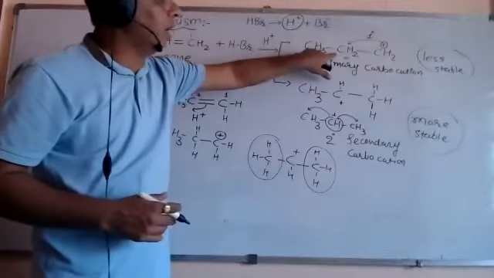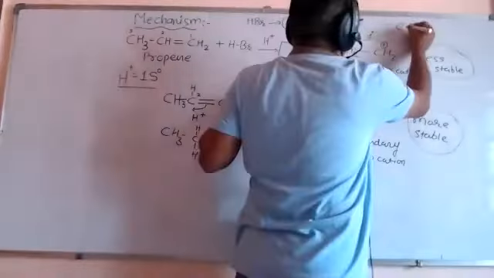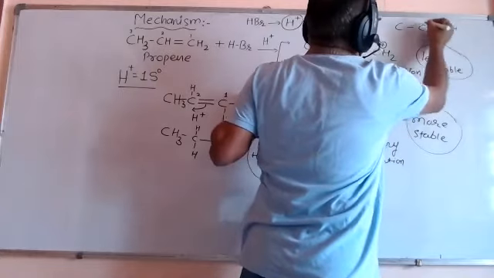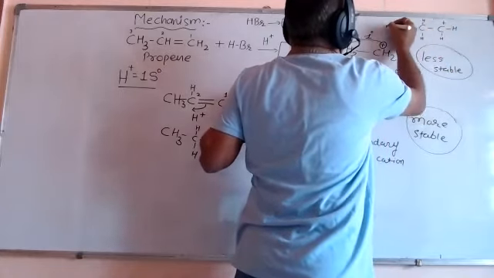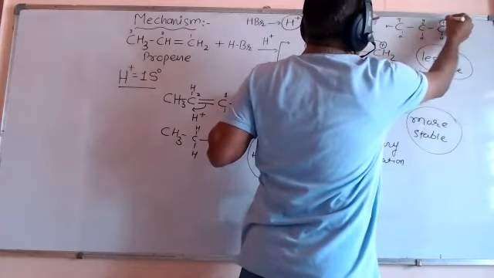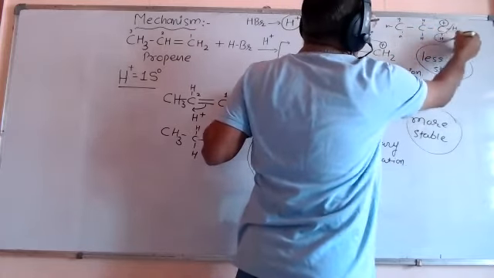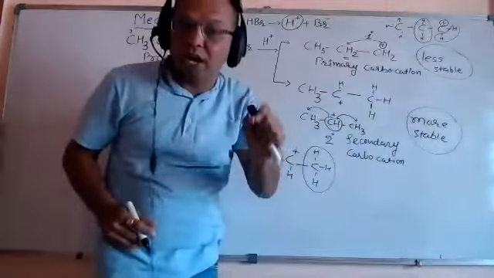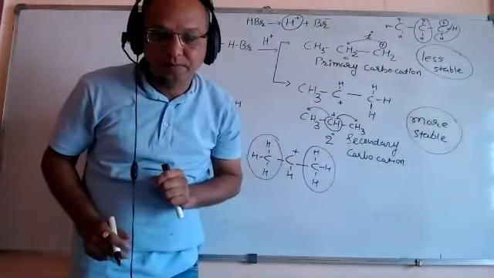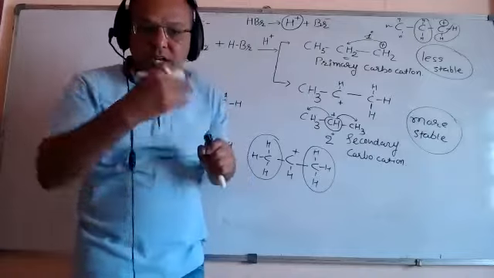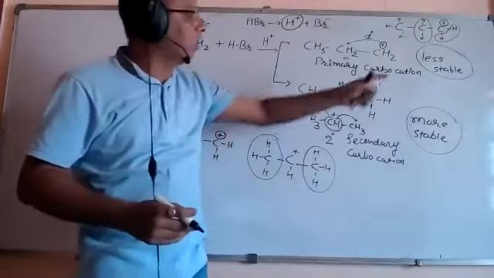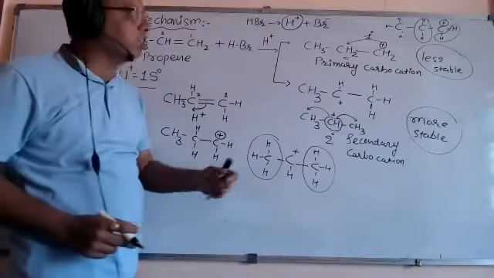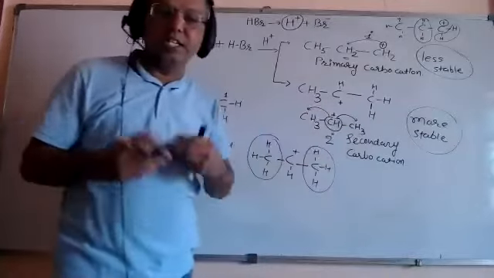You can see this is primary. Primary is 1 2 3. This is positive, hydrogen, hydrogen, hydrogen, and these are hydrogens. This carbocation here is covered by just two hydrogens, and here is CH2. So this is less stable because the positive charge is at the end. If the positive charge is at the end or in the beginning, in that case it is less stable. So this is the first step of the mechanism over, friends, in which primary and secondary carbocations can be obtained.